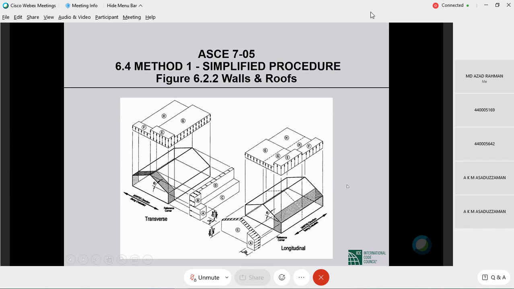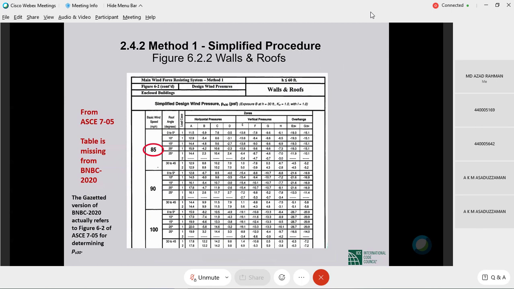Okay, so this is what it looks like. The roof of the building, or the horizontal projection of the roof, is divided into areas E, F, G, H, and the wall and the vertical projection of the roof are divided into areas A, B, C, and D. This is for transverse direction of wind, this is for longitudinal direction of wind. For each of those areas, the P sub S30 value for A, B, C, and D for different wind velocities is given in